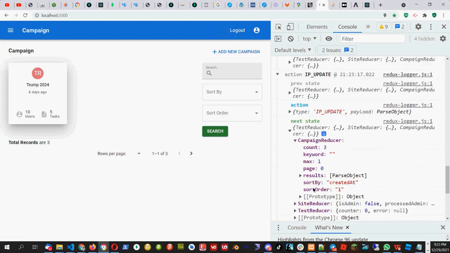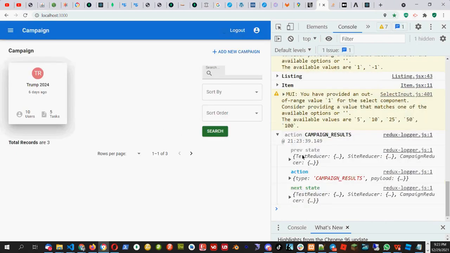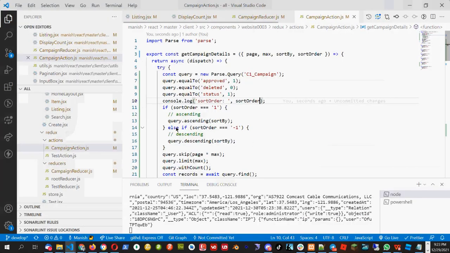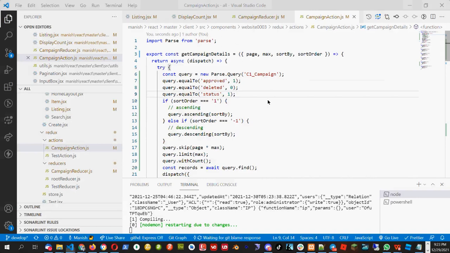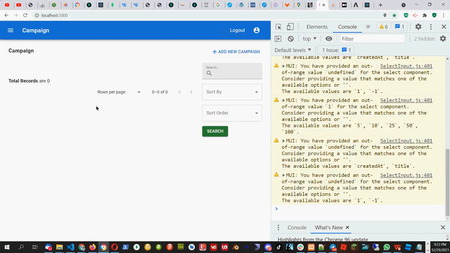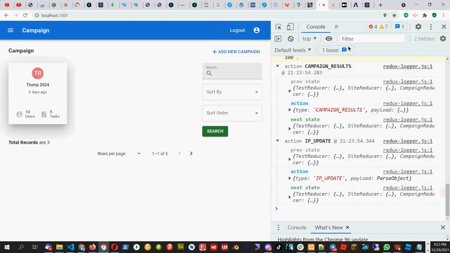I'm not getting the results. Sort order is 1. Okay, now it's coming. Somehow it got stuck and it's not coming. Okay, if I refresh the page, I think it's taking time in getting the results. So there was some connection problem.